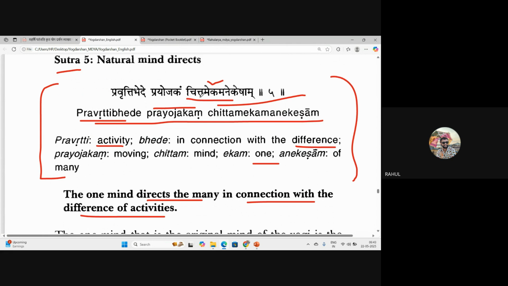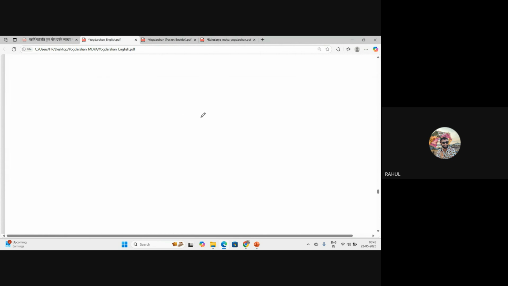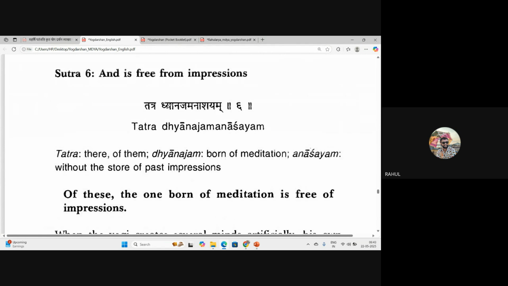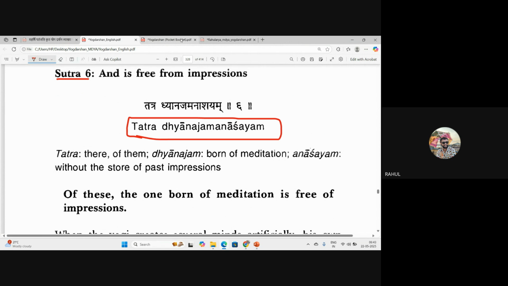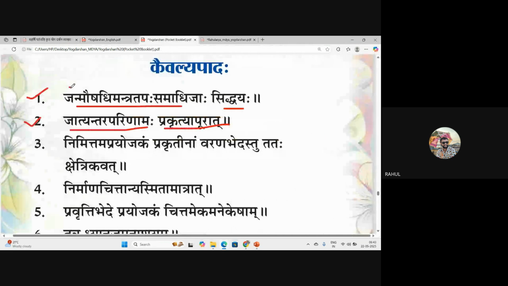Next is sutra number 6. Tatra dhyanajam anasayam. So we discussed the 5 main nimittas: Janma, Ausadhi, Mantra, Tap and Samadhi. We discussed these: Janma by birth, Ausadhi by herbs, Mantra by recitation, Tap by austerity, and Samadhi. These are the main 5 sources. There are others also, but these are the main 5. So here in sutra number 6,